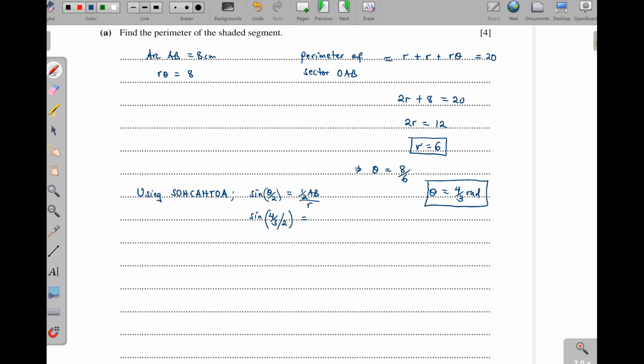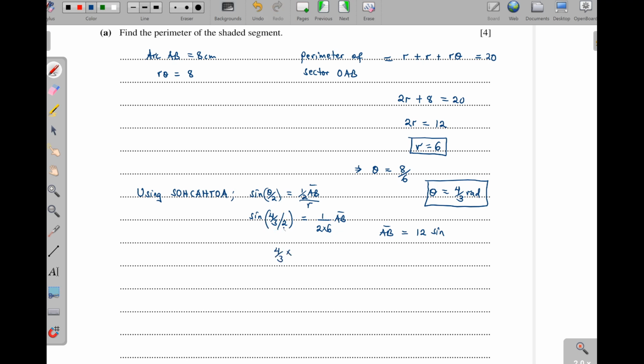Then this will be equal to 1 over 2R. Because this will multiply with the R down there, and our R is the 6 here, then of AB. So AB is going to be equal to 12, then sine of 4 over 3,